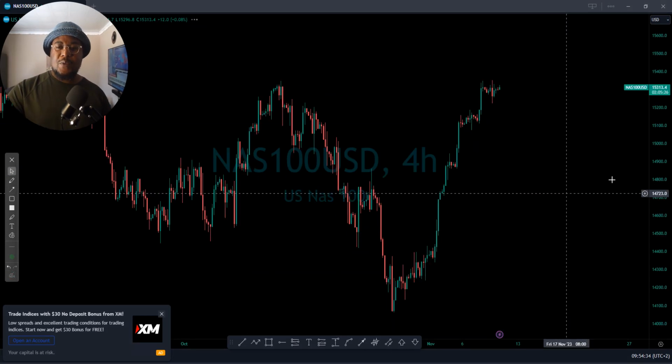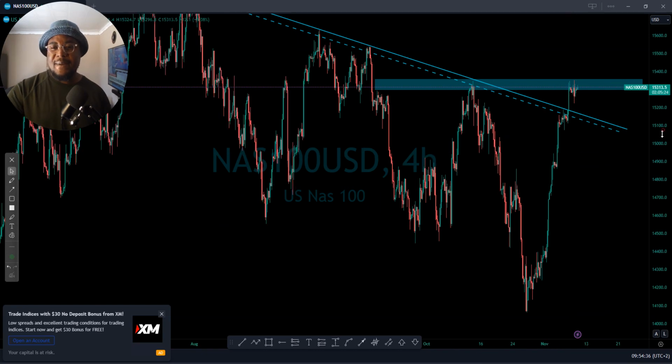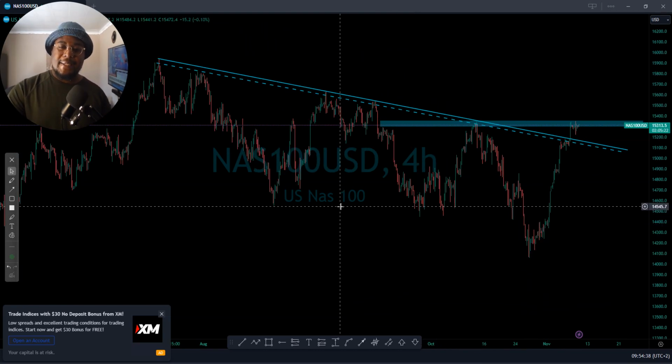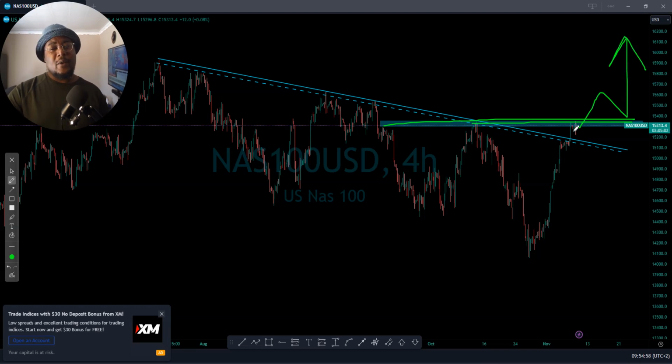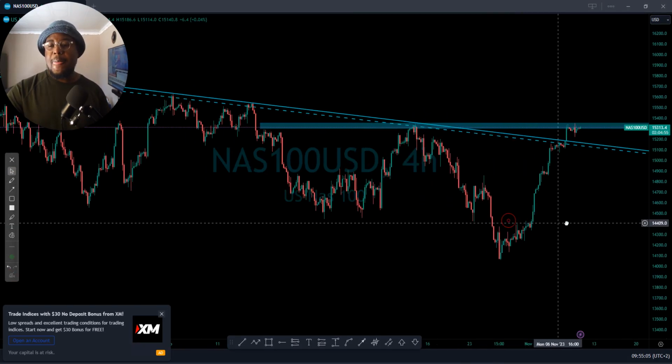So let's push to the next one, which is Nasdaq. Quite the same thing on Nasdaq, but on my structure Nasdaq broke out of this resistance. But we also have a horizontal resistance, so we can't conclude and say the market is pushing to the upside. The market has to break this resistance and start to push to the upside. If not, it means we will see a reversal pushing lower, and that will be good. We will be continuing with our trend.